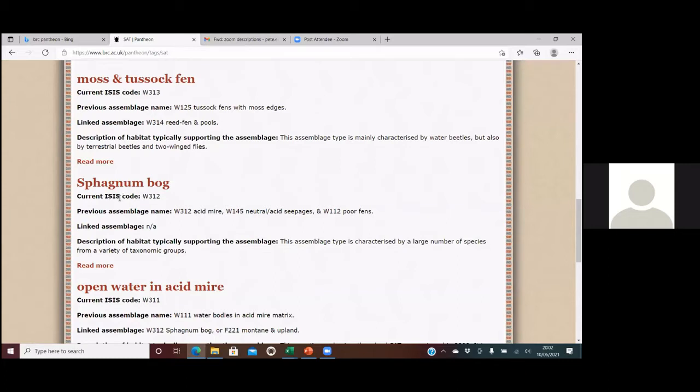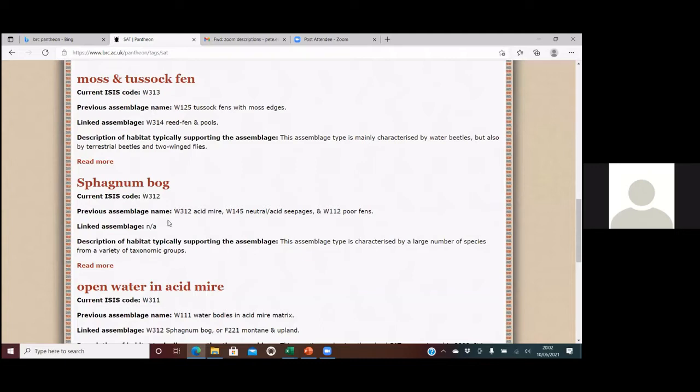The reason ISIS is still mentioned is that the actual database behind Pantheon still uses a version of the ISIS database, so it was kept on, but it obviously doesn't shout in the way that it used to when it was an Excel file. So it tells us that the code is W312. It's a wetland